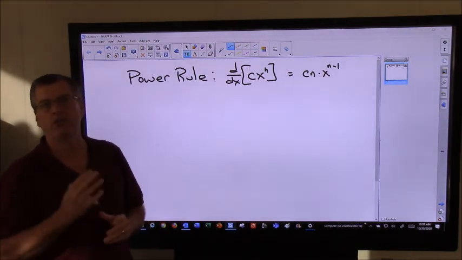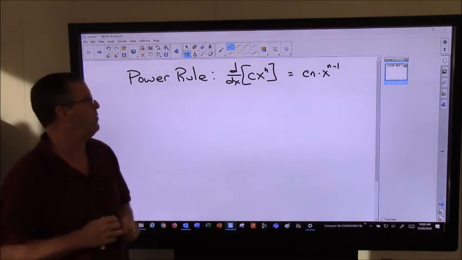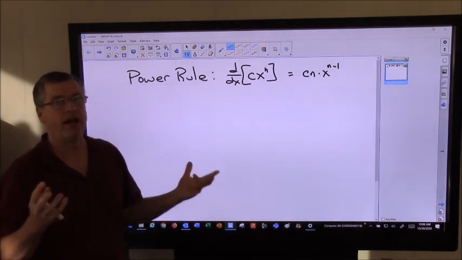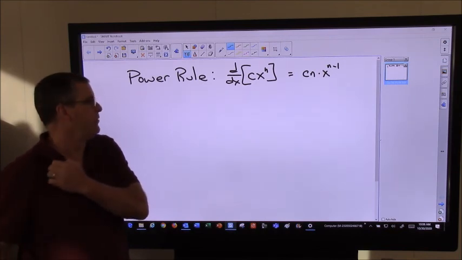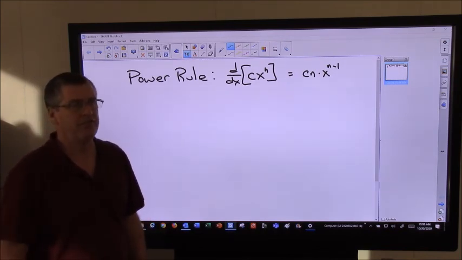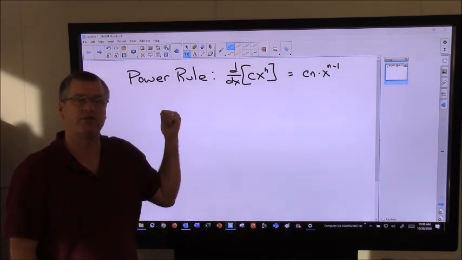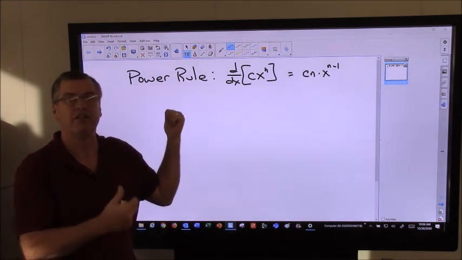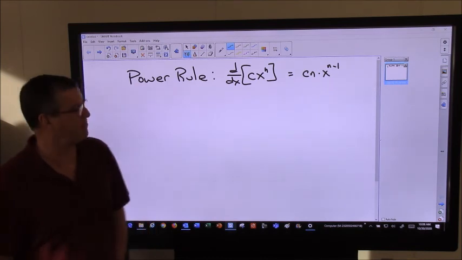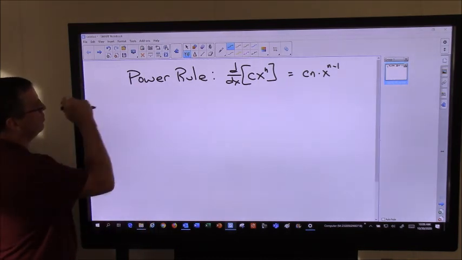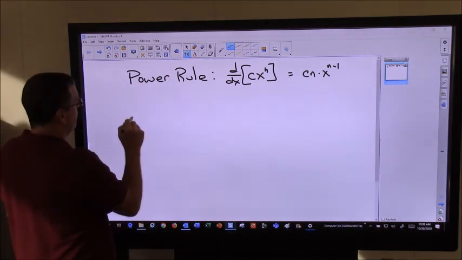Okay? It's the most common rule that we'll use. There are other rules that happen a lot, but this is probably the most common one. When I say most common, if there's 5 rules and you think 20% for each of those, this might get used 25% of the time. So it gets used more often than the others, but it's not like it happens all the time. Right? So the power rule. Today what we want to talk about is